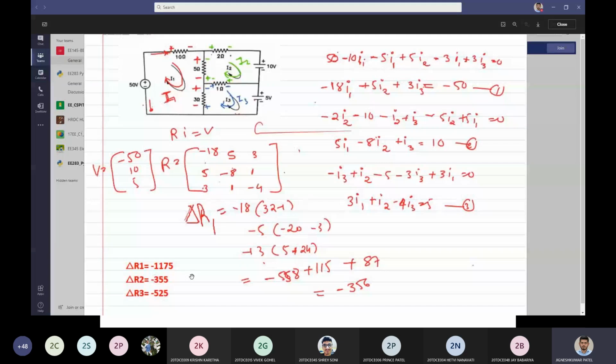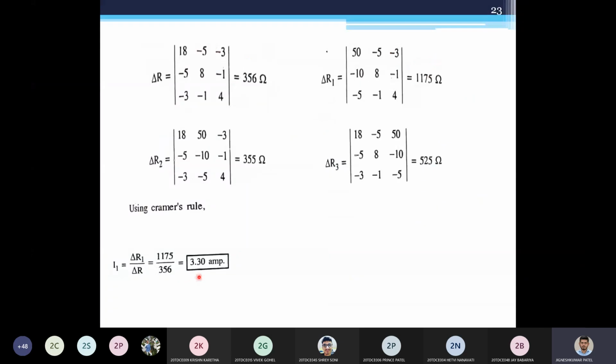Though I was having a different equation, different in terms of sign only. The terms that are positive in my case were negative in the PPT. That's the only difference. Otherwise, both are the same. If I replace my left hand side with the right hand side and right with left, the equation would be the same. So these were my answers. Okay, so this is how you can do a mesh analysis. Any questions in mesh analysis?